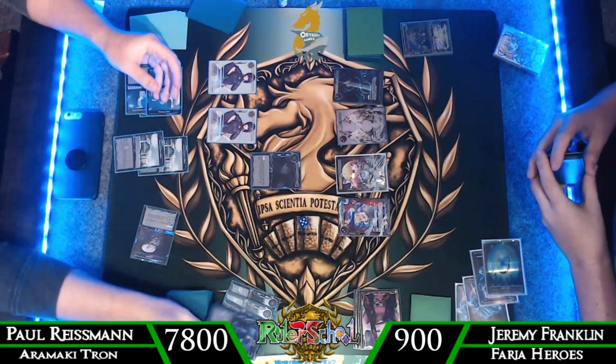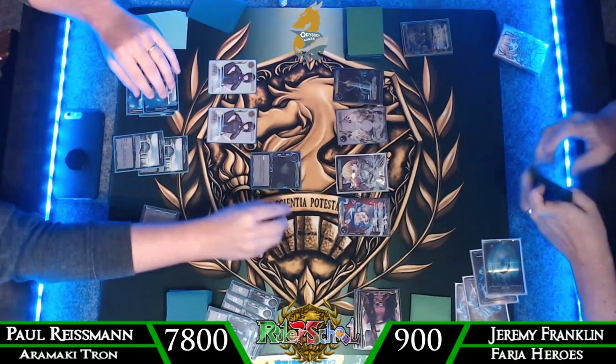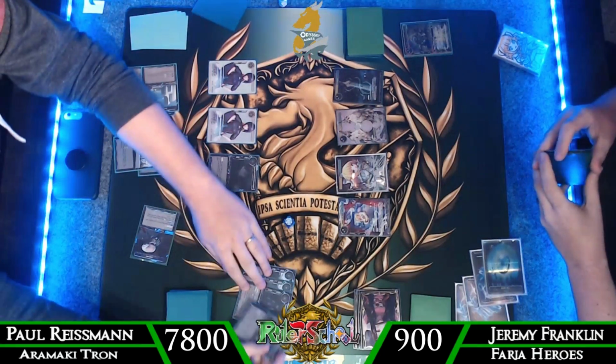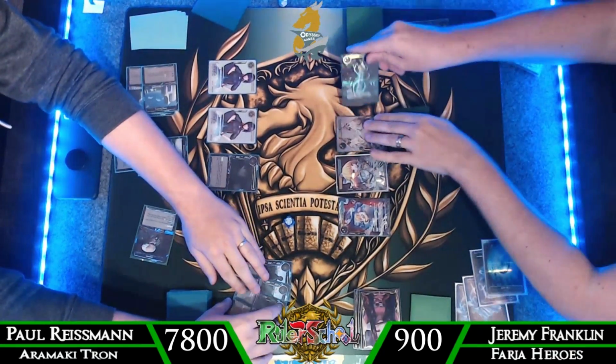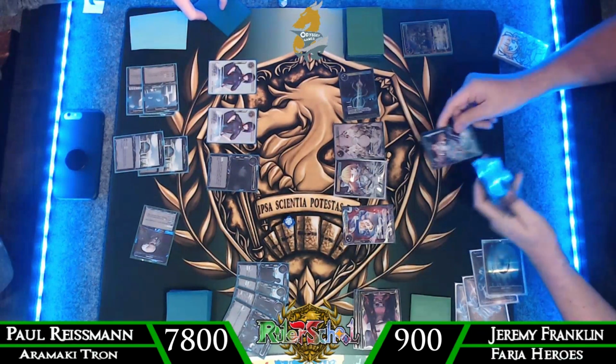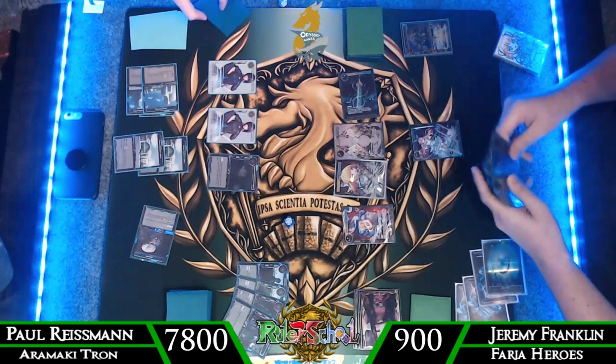So we're going to see a dive for Borma. This is one of those big deals like I'm talking about. So he's going to kill his own Aramaki, or his own Togusa, which doesn't really matter. But it's also just going to kill my Charlotte. Ultimately, to try to draw some more cards, I'm going to go ahead and produce double blue with the Faria,